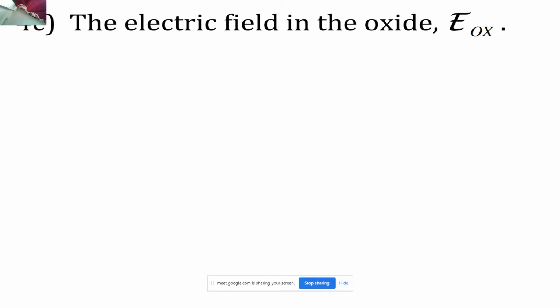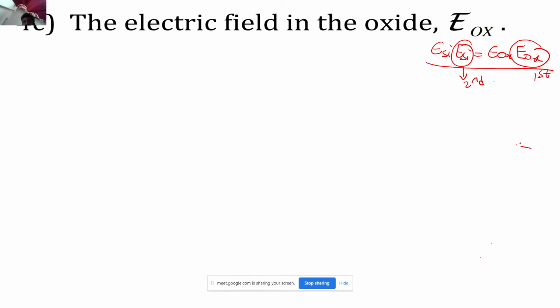So they have asked the electric field in the oxide, right? Previously somebody had told me to use this, epsilon SI ESI is equal to epsilon ox EOX. This approach we had already seen in one of the GATE questions that we had solved. Now I want to solve this question with a different approach. Let's not do this. Let's do the opposite this time. First I will calculate EOX, and after that I want to calculate this as a second quantity. So this is just another approach to solve the question.